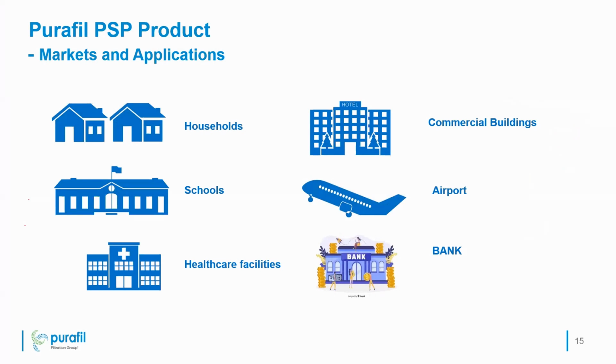So this is the market and application. You can use this application in these kinds of markets: schools, healthcare facilities, airports, commercial buildings, banks. How are you going to get the healthcare list? Can somebody tell me, if I say that I need a complete hospital list of maybe New Delhi, how will you get this list? Because we need the leads. First of all, we need to know where to target. How are you going to get this list?